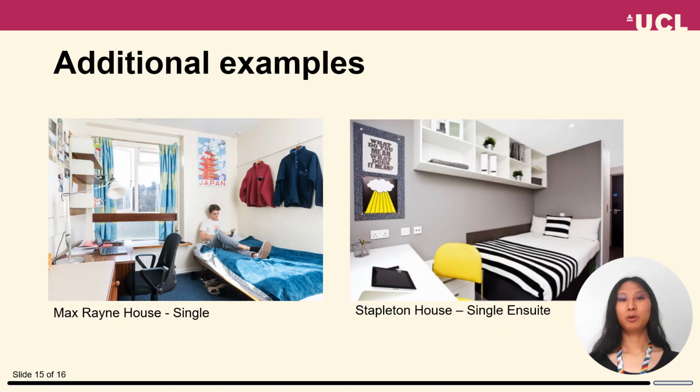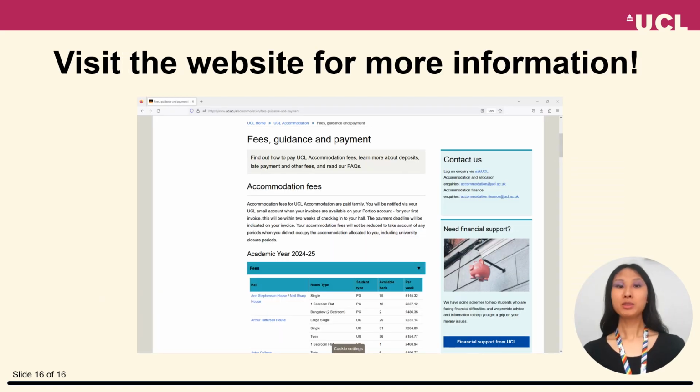Here are some more examples of what rooms can look like. The one on the left is a single in Max Rayne Hall, and on the right is a single ensuite in Stapleton House. The best place to find the most complete and up-to-date information